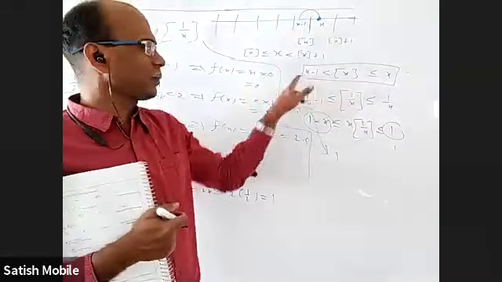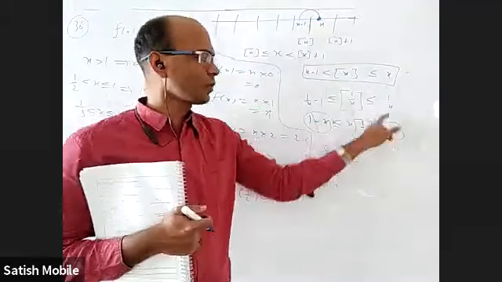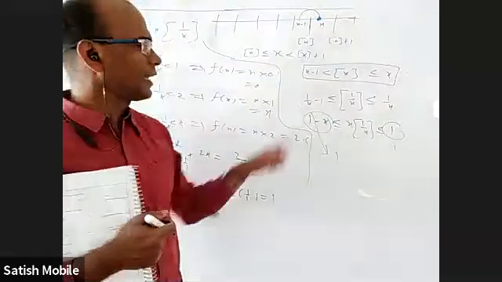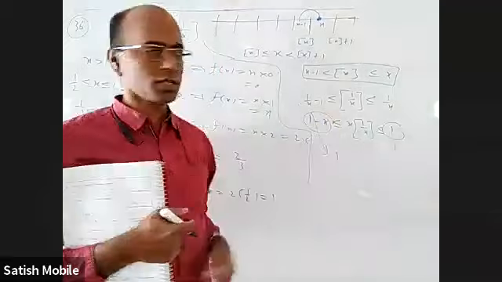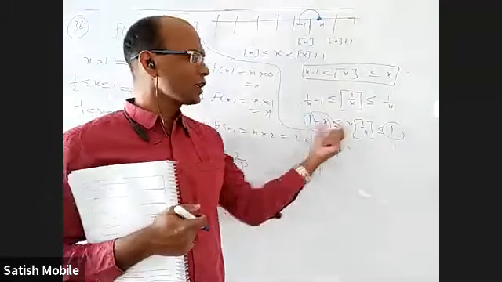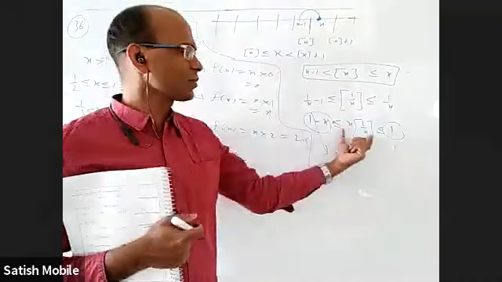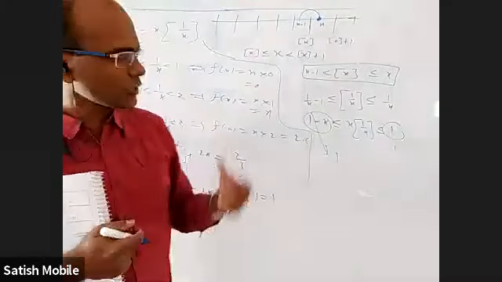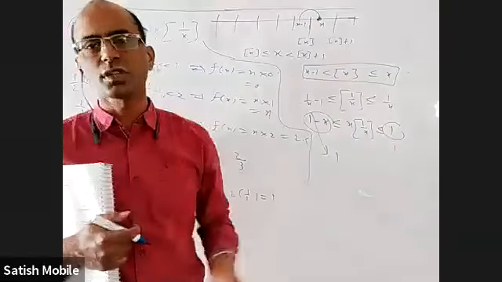Wherever x is there, I replace it with 1 by x, and then I multiply by x everywhere, and I got this. At 0, this is reaching 1 and this is reaching 1. By the Sandwich theorem, this limit is also 1. So for option D, the limit should be 1, but they gave 0, that's why it is false. Is it okay? Yes, sir.